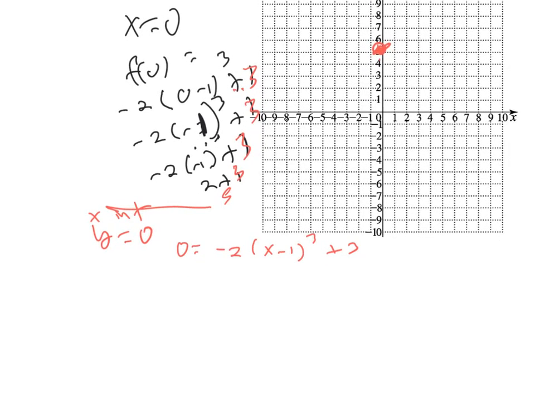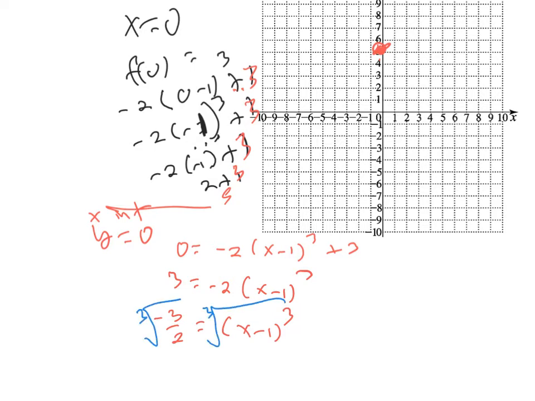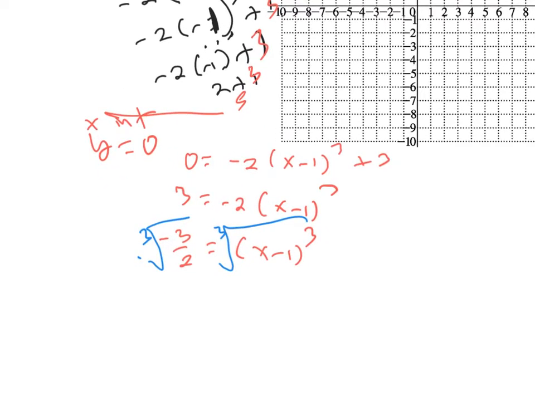That's going to be a little harder because I got a lot of stuff to do. Add 3 to both sides. 3 equals negative 2 times (x minus 1) cubed. Divide both sides by negative 2. That's negative 3 halves equals (x minus 1) to the third power. To get rid of the third power, I cube root both sides. And you are allowed to cube root a negative. You can do an odd power root on a negative number. That gives me x minus 1 equals